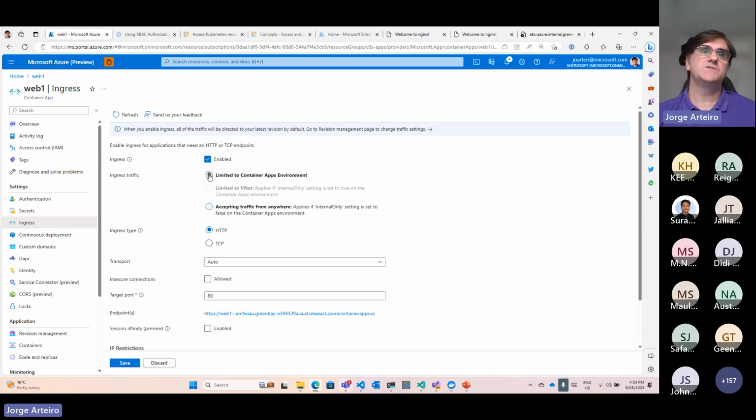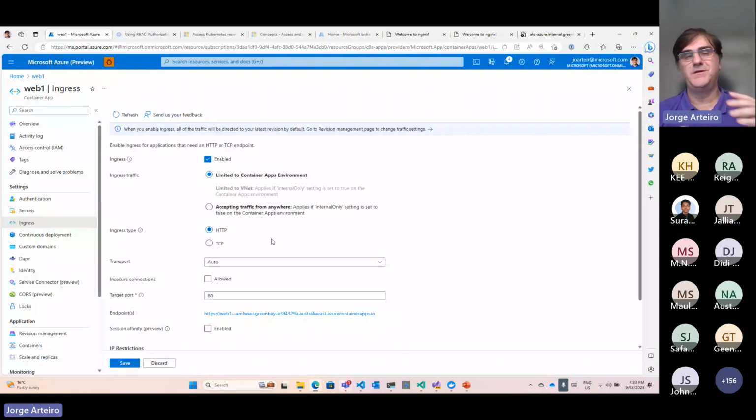And then that's the way that you can set. You can limit also to your container environment, not for anyone else. Means that if you're going to deploy the backend application, you're only going to expose it to the container environment, and only the front end that you're going to expose publicly. That's how normally you do it. I hope this makes sense.